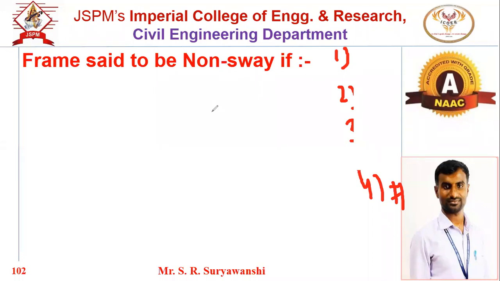What are the three points for any frame to be non-sway? These points we discussed in unit number 1; the same points I am repeating. Symmetrical loading. Yes, very good. First, the loading should be symmetrical. Second? Your support conditions should be the same. Yes, both columns should have the same support or boundary conditions. Very good. Third? Length of column the same. Yes, the length of the columns should be the same, meaning the columns should be identical. Very good. So these are the three conditions any frame should satisfy.